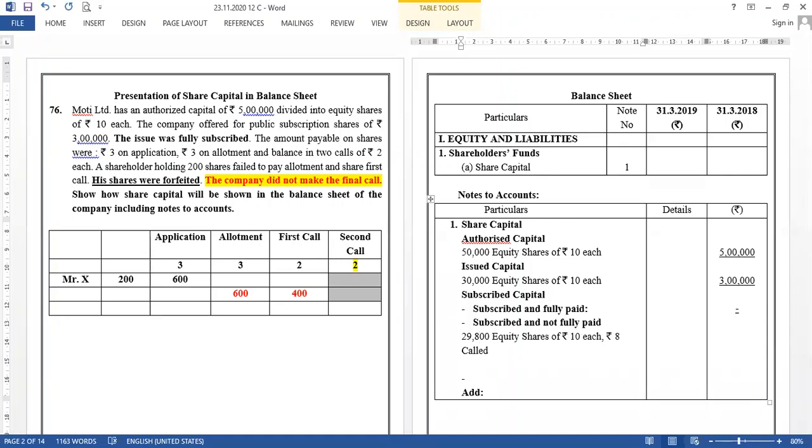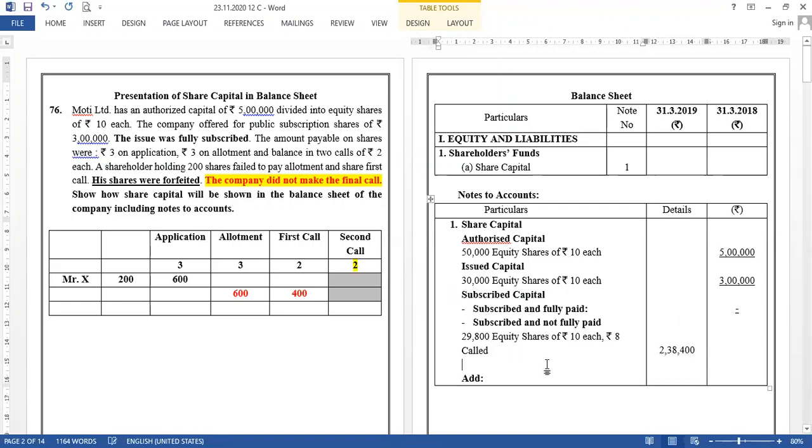Okay, I need to write these many shares. These only, in fact, 200 shares. So मैंने forfeit करनी हो तो company के पास है. So 29,800 shares of 10 each, rupees 8 called. 29,800 into 8, 2,38,400. Now over here, what am I supposed to do? मुझे पता है कि मैंने shares forfeit करे हैं. So I need to add over here